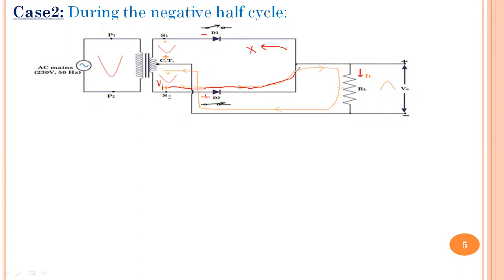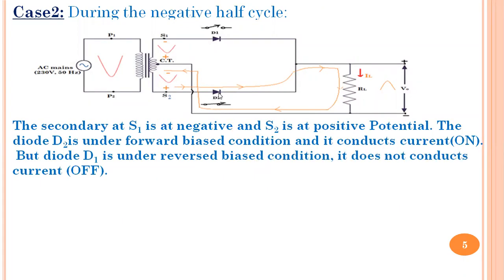So current will take the path of the load RL. Then it comes to the center tap terminal CT. In this way, the flow of current again, likewise previously, is from top to bottom. So upper is plus potential and lower is minus across RL. We will get the nature of the waveform across RL in this cycle as the conduction of current through D2; the same current flows through the RL. As a result, we'll get the output voltage.